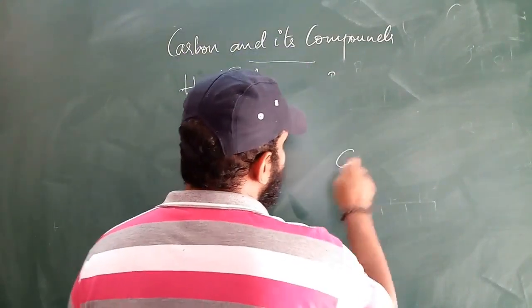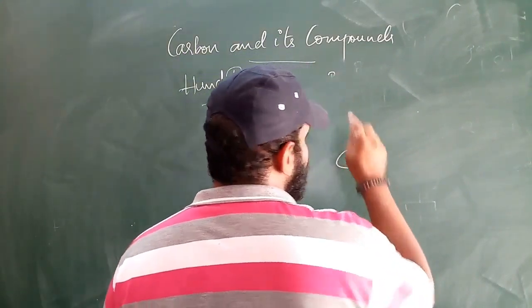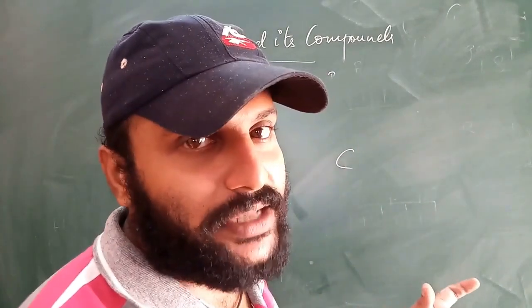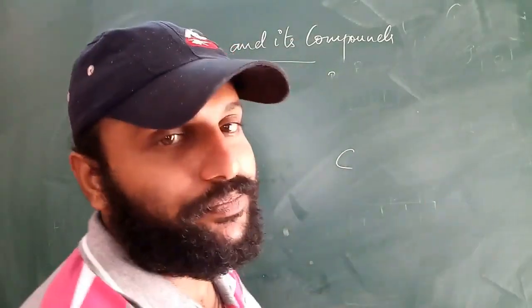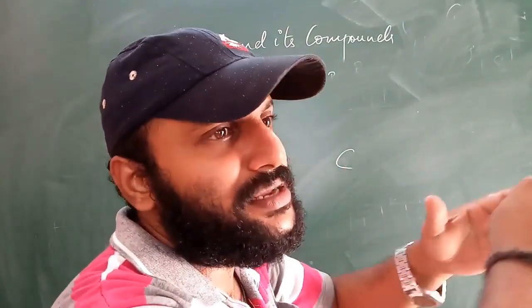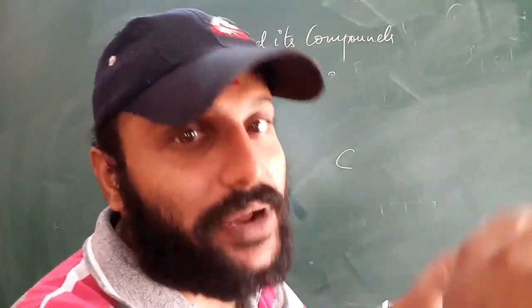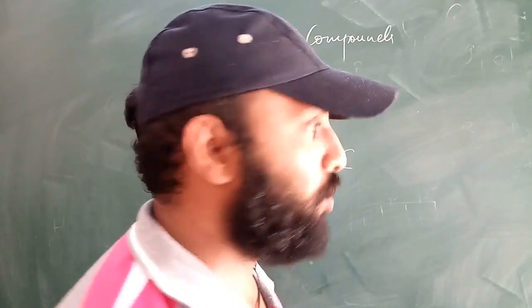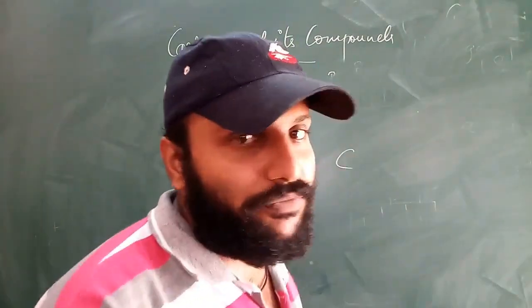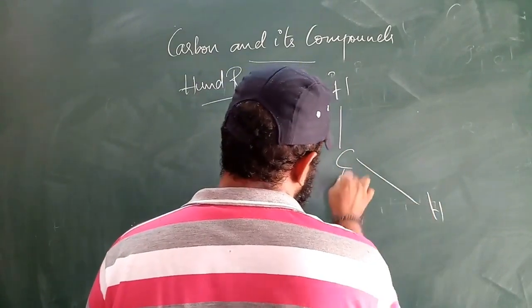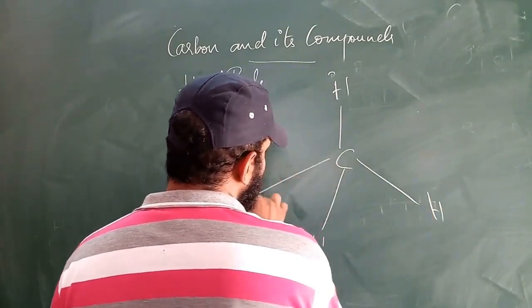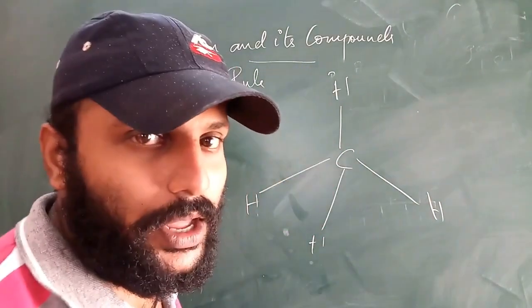Now here if you observe the bonding, as I said, what is the definition of hybridization? Intermixing and reshuffling of orbitals such that the electrons will be at a large distance. Why is it a large distance? Such that no repulsion takes place between the electrons. So if you observe the shape of methane, it will be like this. Actual shape. Okay, it will be in that way.